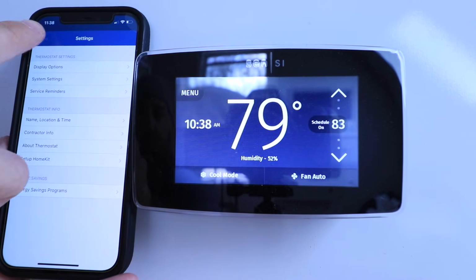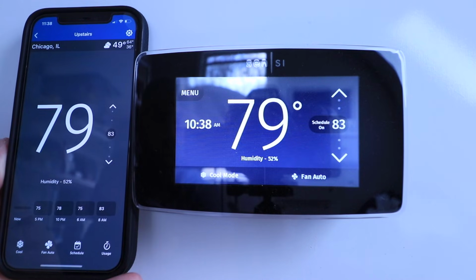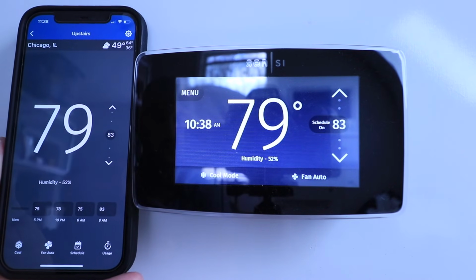So let's click out of this, and that is pretty much all the features that you've got on the Sensi